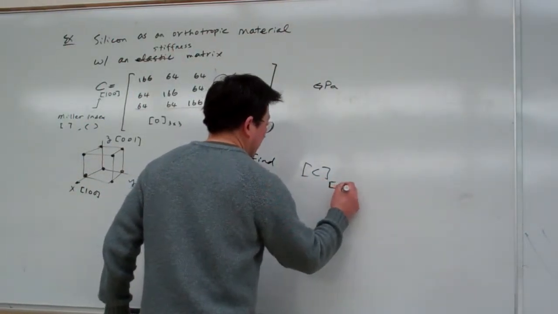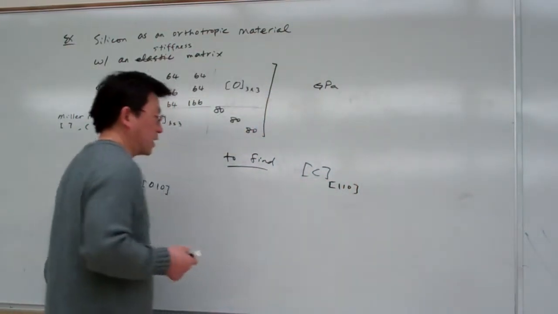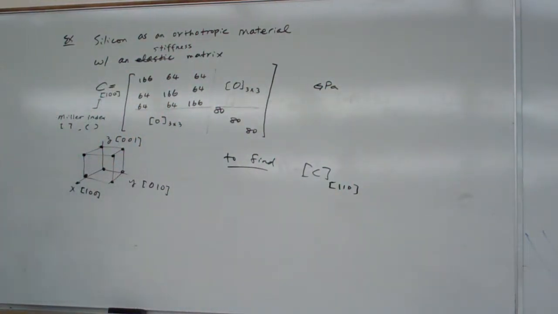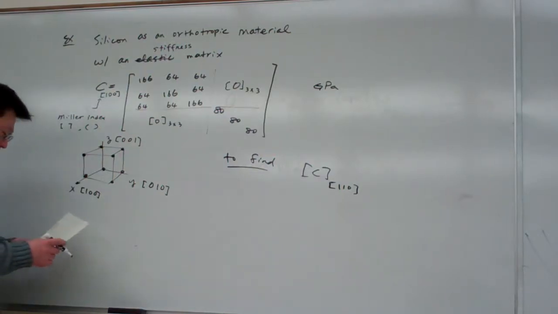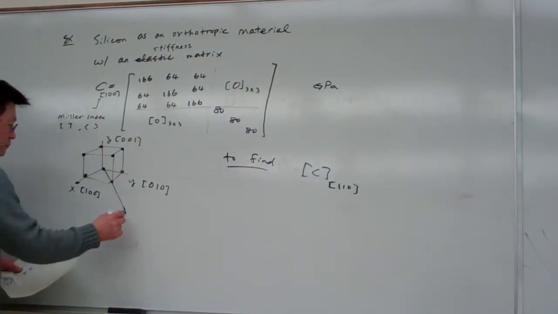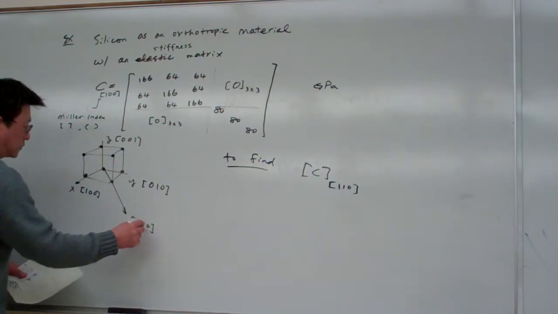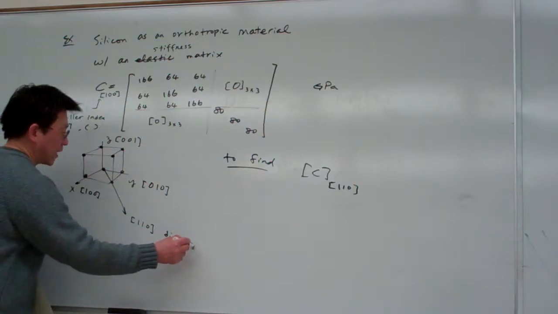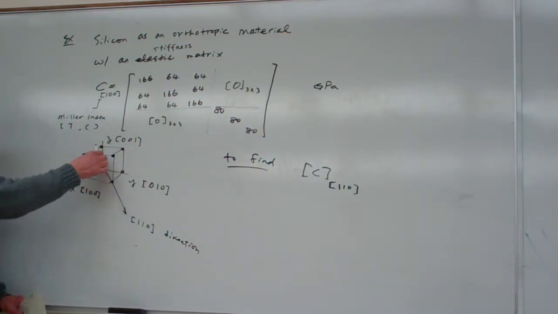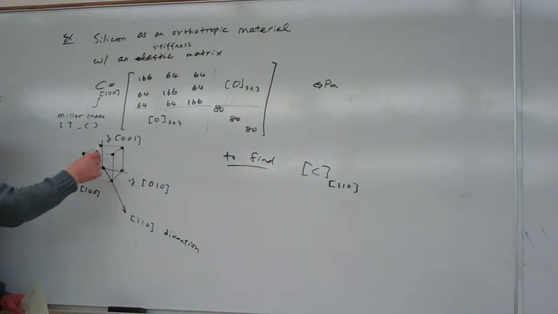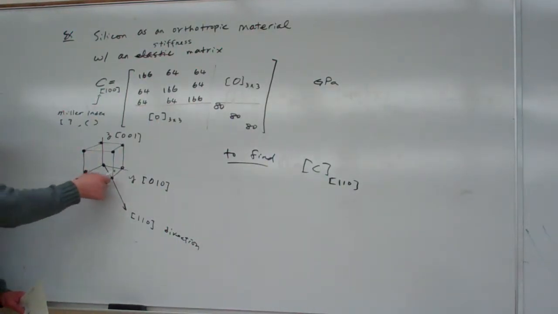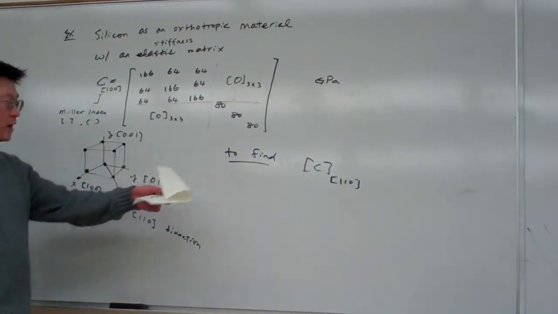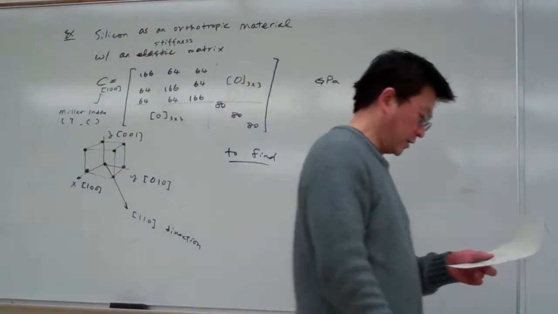I want to calculate the contents of this stiffness matrix in the 1, 1, 0 direction. 1, 1, 0 direction actually is this. Okay, so that's the 1, 1, 0 direction. And that direction basically makes the 45 degree orientation between x and y. Okay. So based upon this information, to calculate this one, probably I can